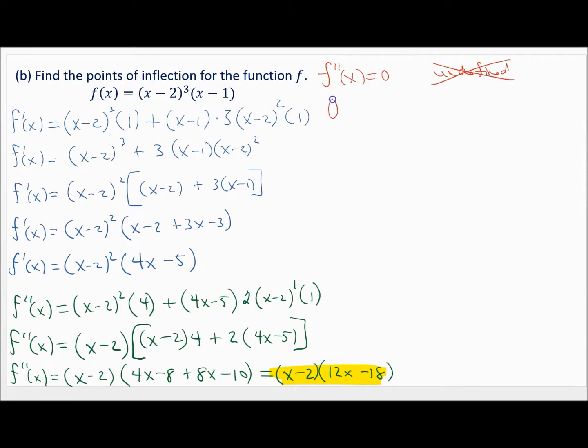So really I'm doing this, 0 equals x minus 2. Now I could go ahead and factor out that 6. I'm going to move it in the front, and that's going to leave 2x minus 3. I set each factor separately equal to 0. Now the 6, you don't set it equal to 0. You could even divide both sides by 6 and poof, it's gone. So you have x minus 2 equals 0 and 2x minus 3 equal to 0. I add the 2 and I add the 3 and divide by 2, and these are my two,